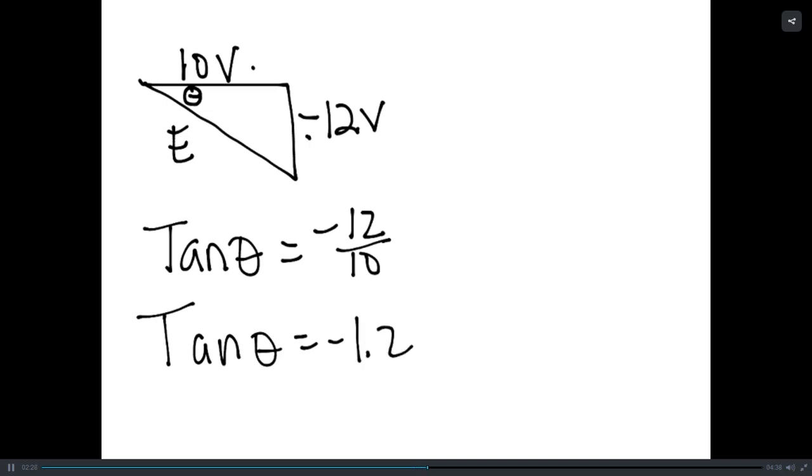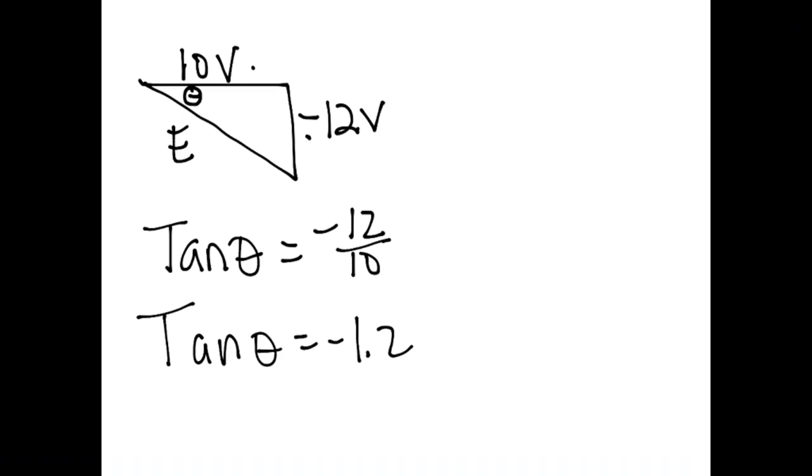So now that I have that, again, you're just using your trigonometry as you have always done. And so theta is tangent inverse of negative 1.2, and so theta is negative